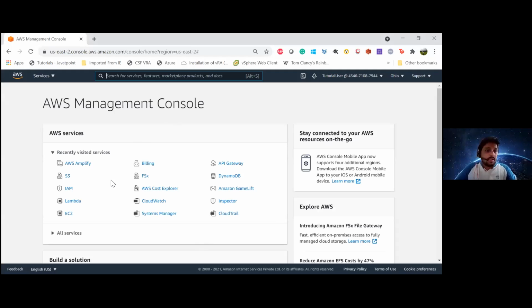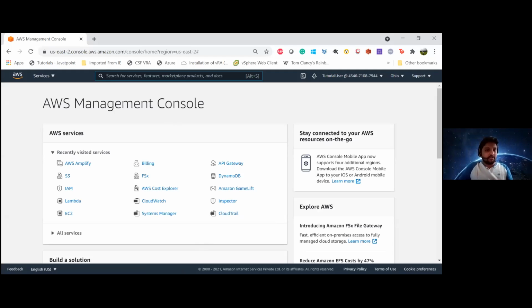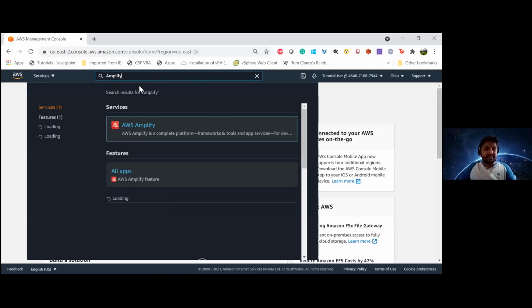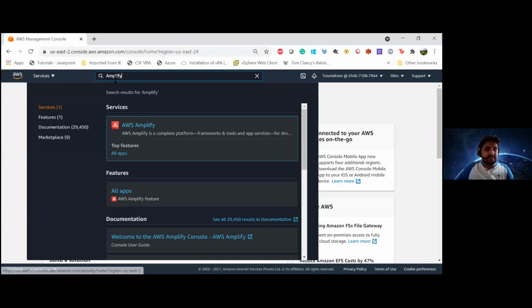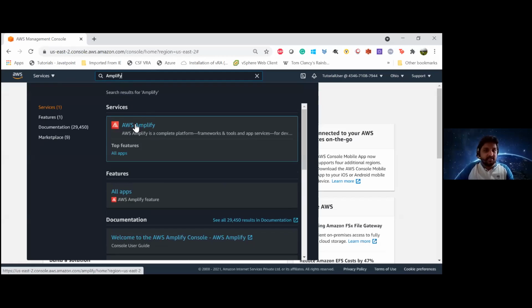That's good. Okay, so now this is the cloud console. This is the cloud that you're seeing. The first thing that we saw here is Amplify, right? So in the search bar, you should just type Amplify. You're able to see my screen, right? Just follow what I do on the screen. Here on the top, you have a search box. You type Amplify, and you'll find the first, AWS Amplify as a service, and just open that page.